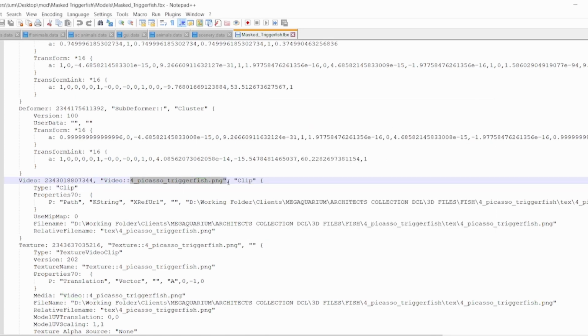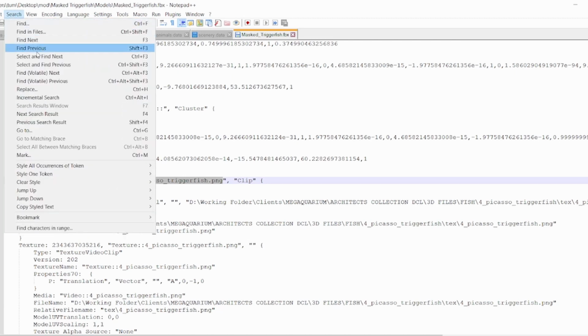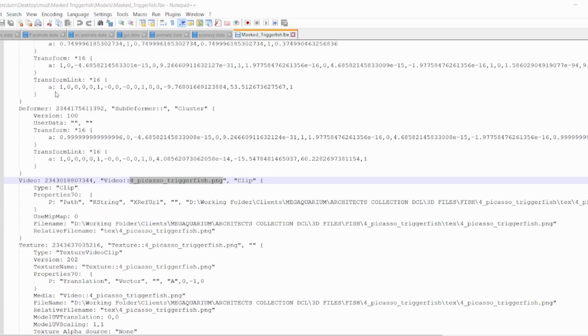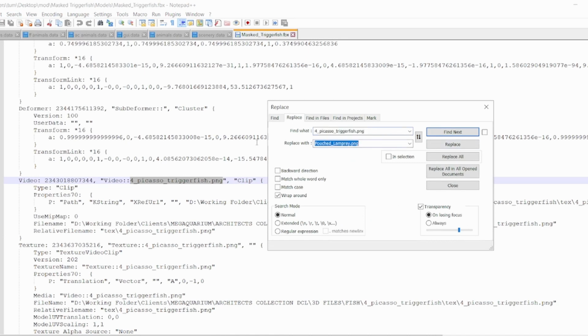Anything of the texture then .png, as this is the texture for the model. And then what we do is we select it like that, go to search, and you go to replace, and then you replace them with the name of your texture. In this case, Mars